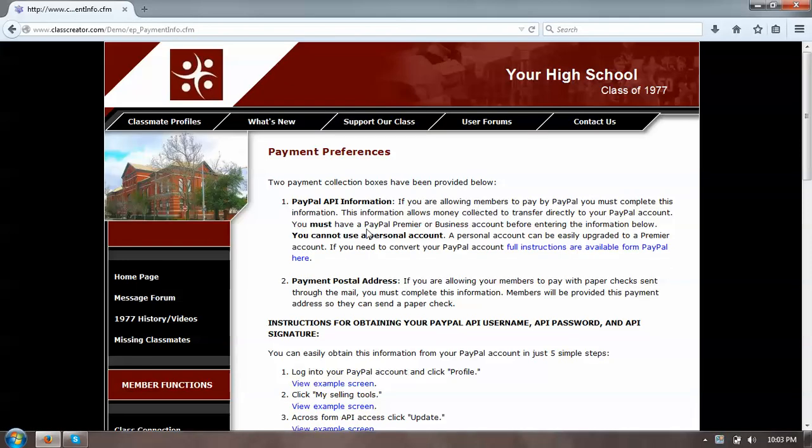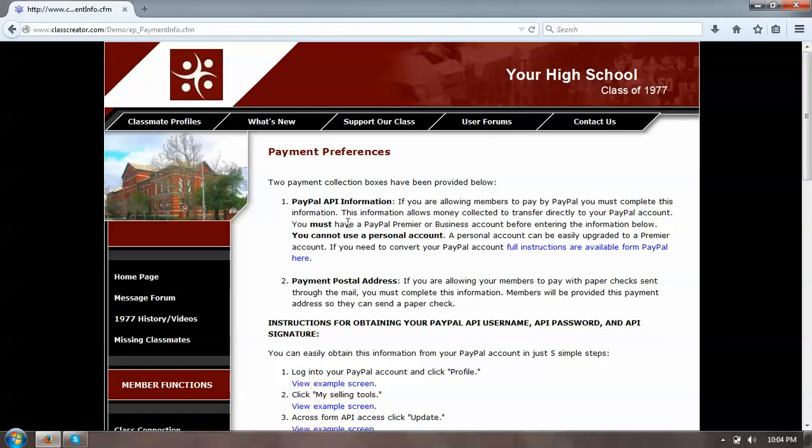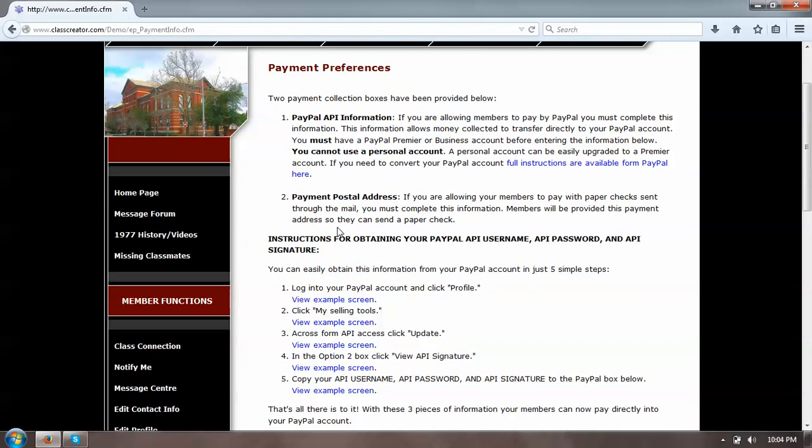And you'll note that you need to have a business account or a Premier account to do this. Now, if you only have a personal account, it's very simple to convert over to a Premier account. We've got a link for you here with full instructions on how you can do that. All right, so that's real easy to set up. And once you've got the Premier account or the business account, and I recommend a Premier account if you simply have a personal account,